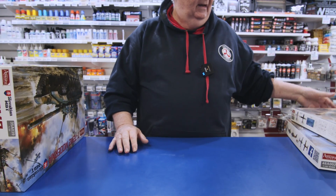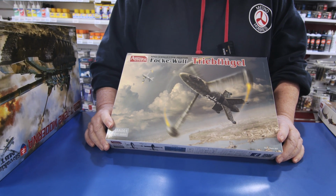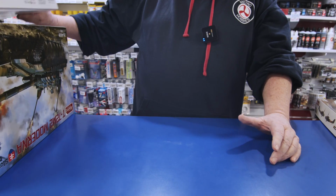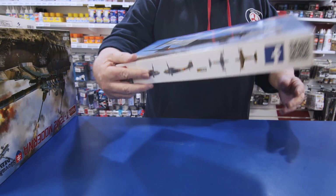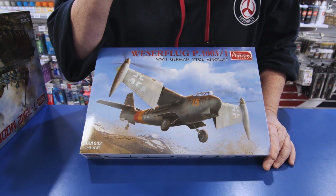Now, as I said, this is a restock of their Triebflügel. This is quite nice. I'm about halfway through one of these. If you want to chase one up, they've got restocks of that. Now, this is their latest one. This is the 1/48 scale Weserflug